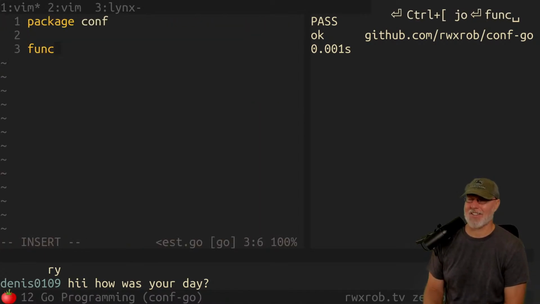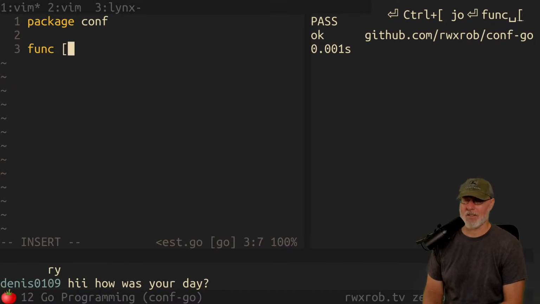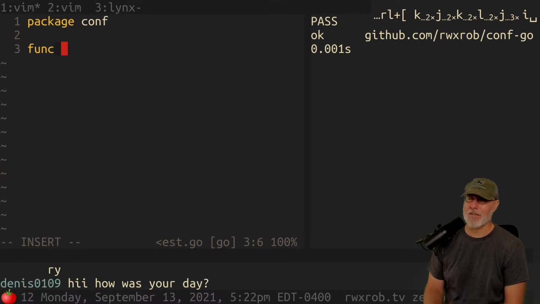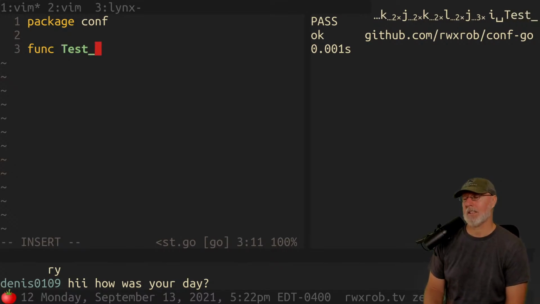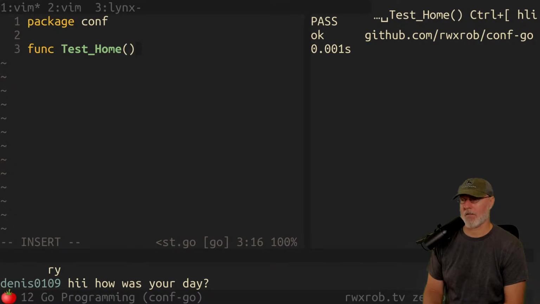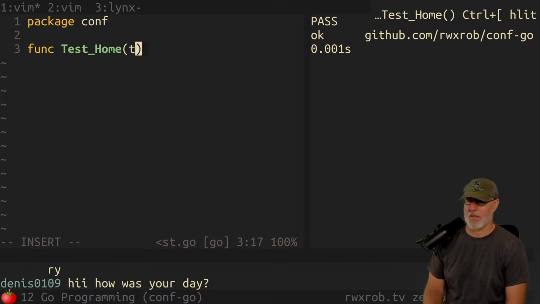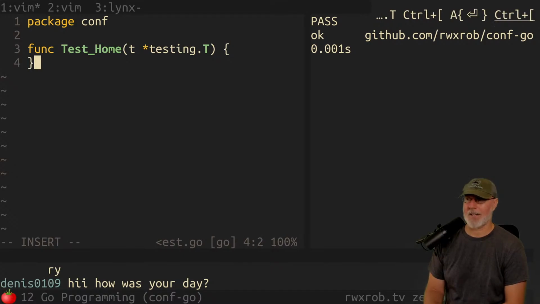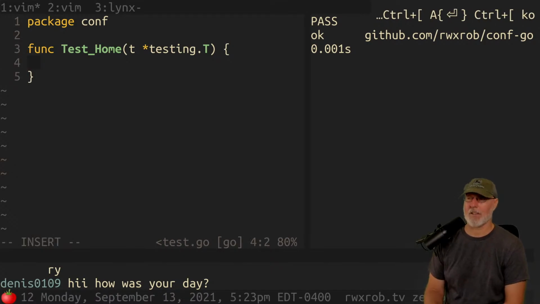So now we have to do func. And so this is a local test. This is not an example style test. There's no underscore test. I say func, and it starts with Test now. Test, and we're going to do TestHome, which is a function. And in this case, we have to do t, and we just make it testing.T, which you just have to have. That's the test object. And t.Log, it's got a whole bunch of stuff. We could just say yay.